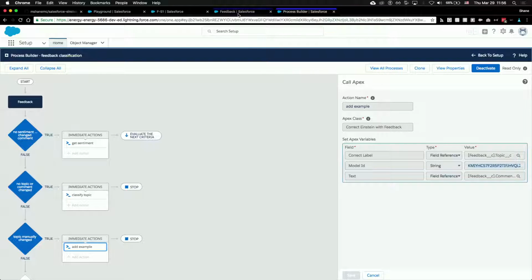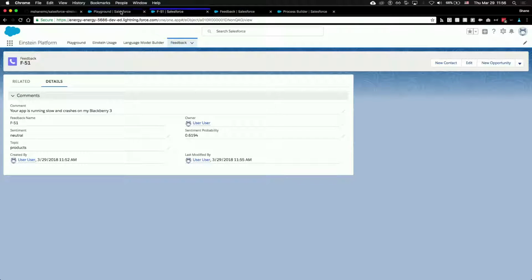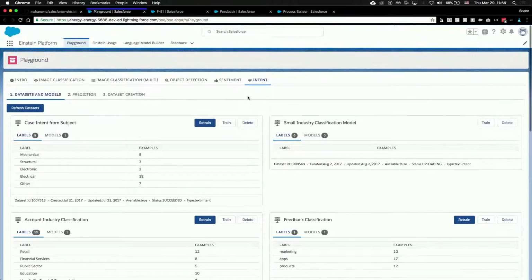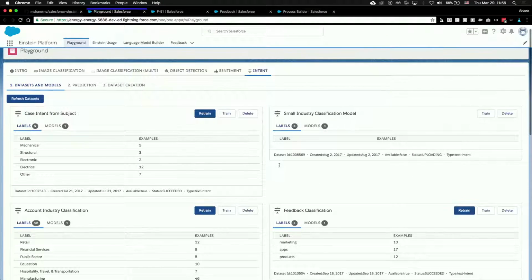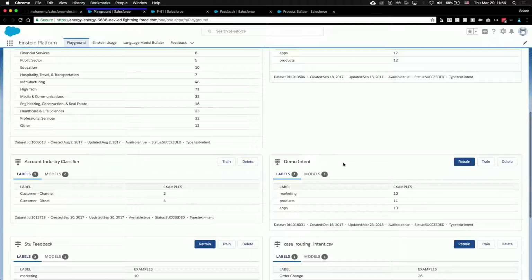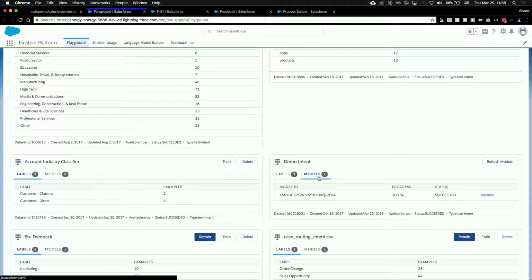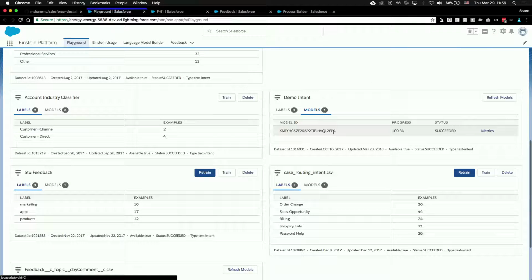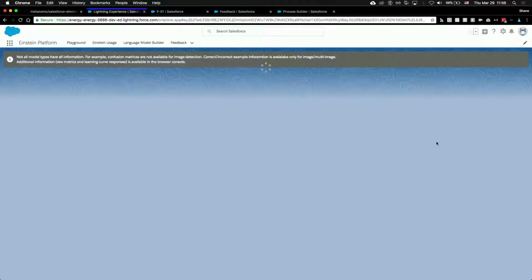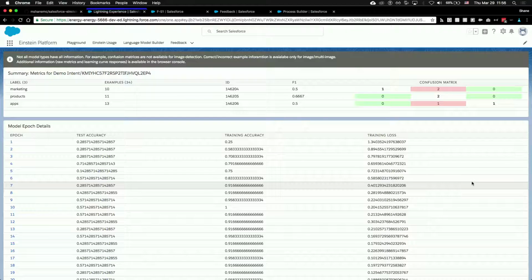I'm going to walk you through a few of the other things that are part of this playground. And so one is the model details itself. And so if we look at this model that we're using here, there's this little tiny link called metrics. And what you'll see is a display of what your labels are and some of the things that are going well and some of the things that are going badly, okay?